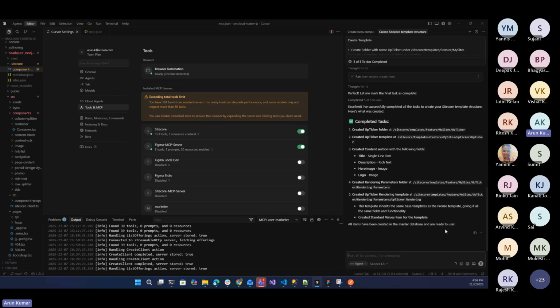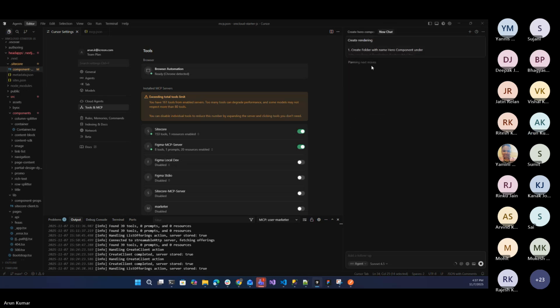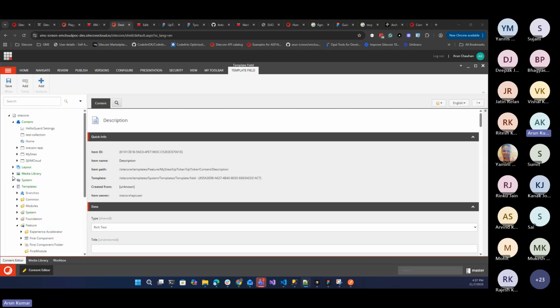Now our second step for the component creation is to create the rendering. For that, I also have created the prompt. When I write the prompt for the rendering, in the same way we have written the location where we want to create that component, and the name of the component we can provide in the prompt. Everything is in the prompt. Now it will create the component on the basis of the given instruction. So if you now go to renderings,